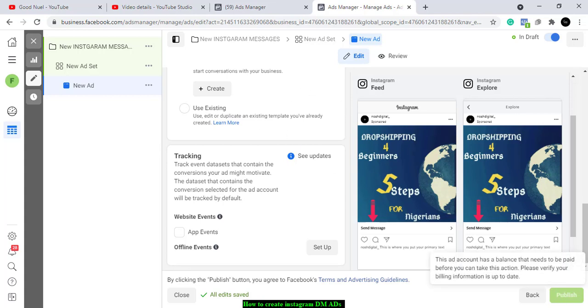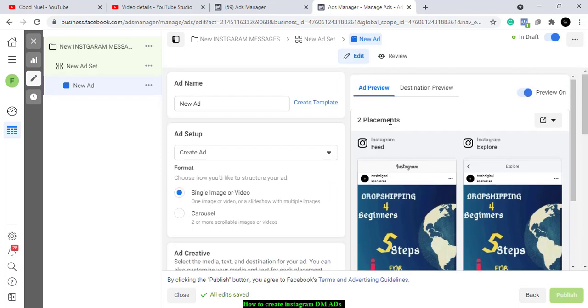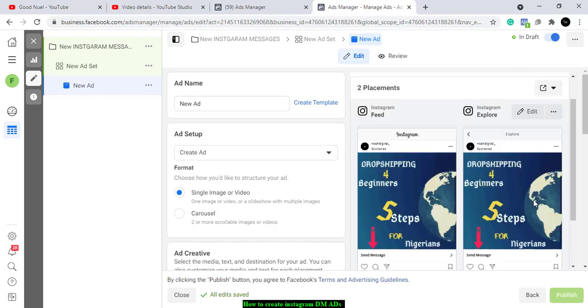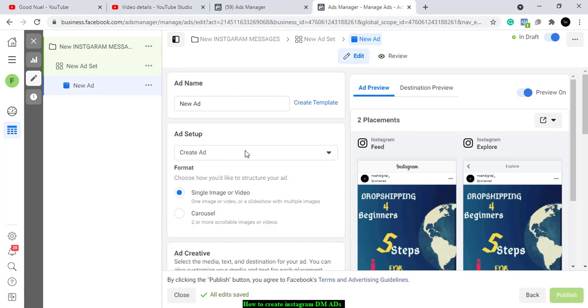This cannot publish now because I don't intend publishing it, and I have an error that I have to go and fix. But you have to look at the preview. This is how it's going to appear on the Instagram feed and on the explore page of Instagram. But if you want it to appear in other places, you just have to come back here,